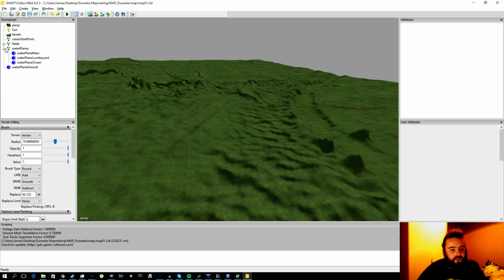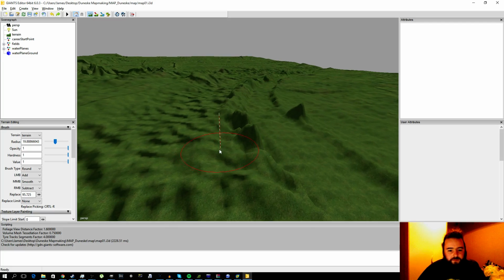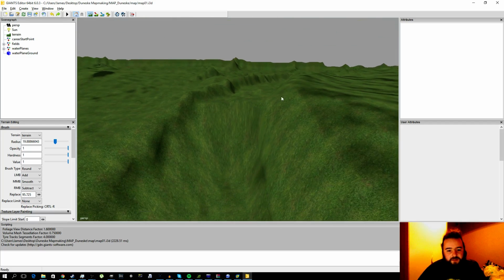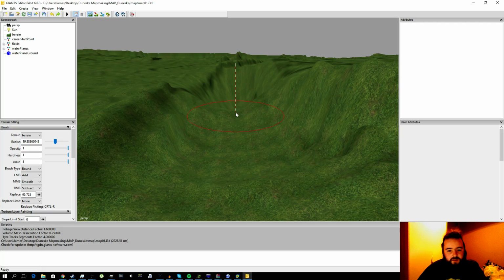I've got a field and I've got the water plane and nothing else. Oh yeah, I did use the more advanced starter map, that's why. Genuinely had to think there, why is there no map assets? I've used the more advanced of the two starter maps on FSUK, so there's very little to begin with. So that's